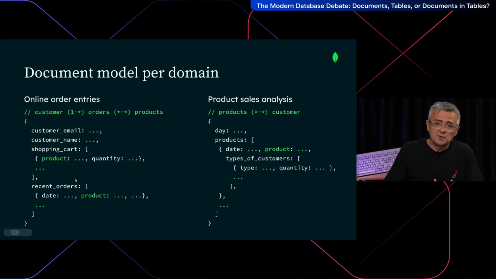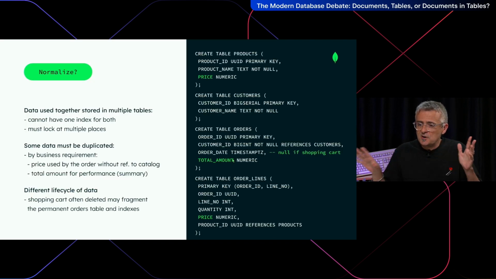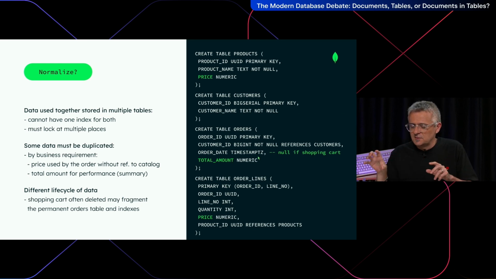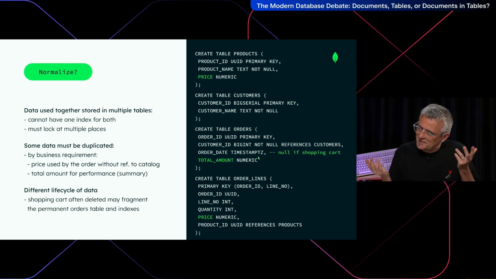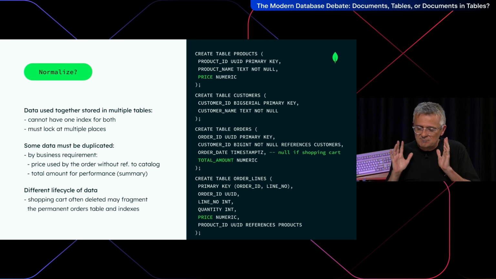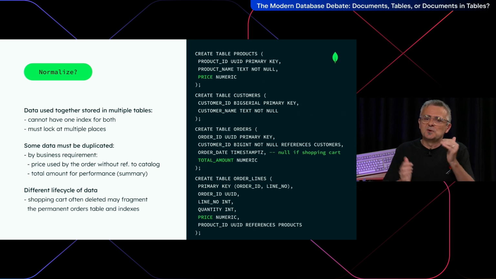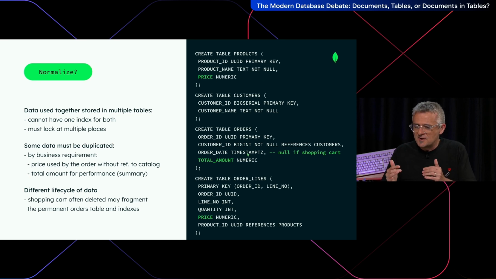Another thing I have here: in the document model before, I was storing the shopping cart differently from the other orders, whereas if it's normalized, it has exactly the same structure. So you can store the shopping cart in the orders table just without a date. From a logical point of view, that works because it's the same structure, but that can be very bad physically because you will fragment your table. You have the shopping cart where people are inserting, deleting. That's different from the orders that you want to archive. So again, in real life, you will probably not normalize at that point, putting all same structure within the same table.